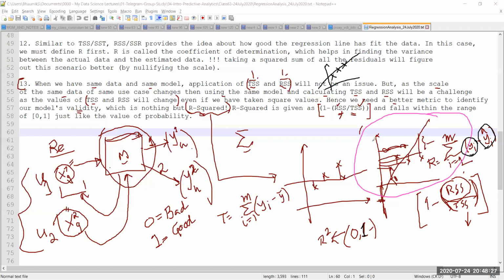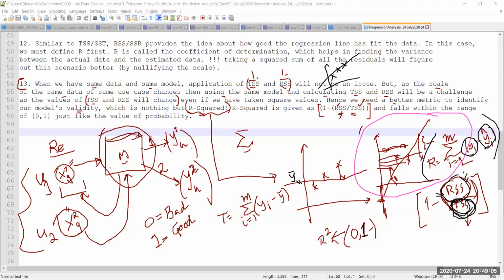right? But as the distance, or as this summation increases, this RSS value increases, the numerator will increase. If the numerator increases, to some extent the denominator is going to nullify that out. Okay, but only to some extent, because in the case of TSS, y bar will always be a constant, right? Based on how I have implemented my model, my yi hat, yi cap, whatsoever you want to call it, might change. So this value is flexible. This value is quite stringent. So I can simply nullify the effect of TSS here.